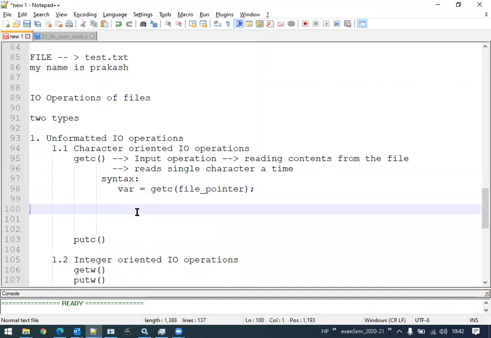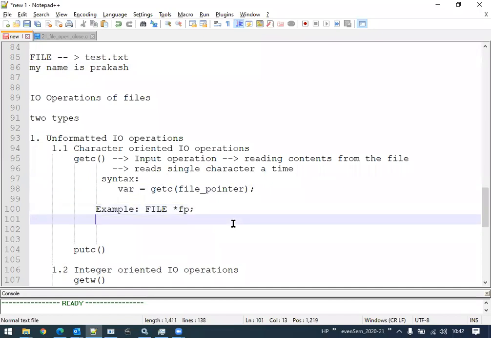Let's consider an example and understand. Assuming that there is a file pointer fp, and we have written a statement where fp is equals to fopen, then the file name, assume test.txt, opened in read operation.